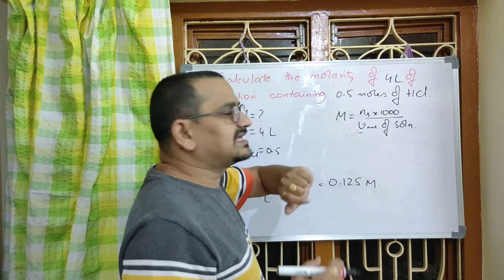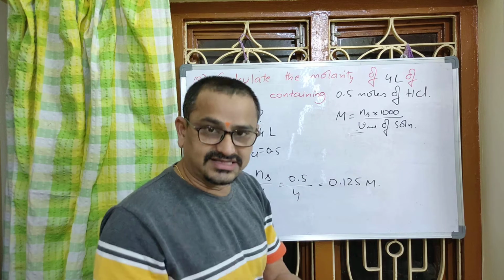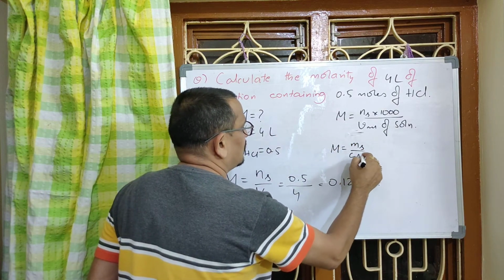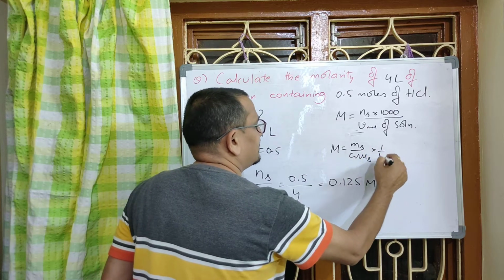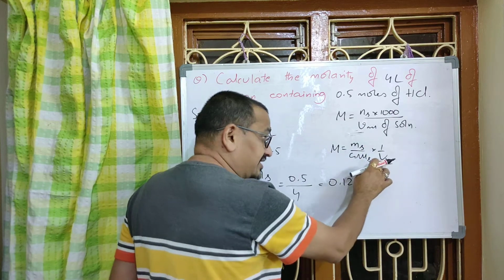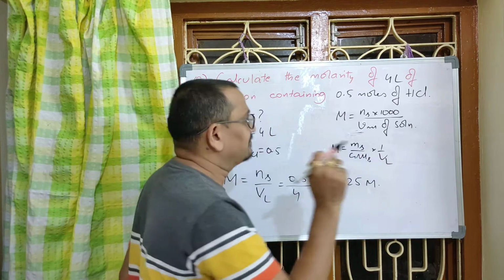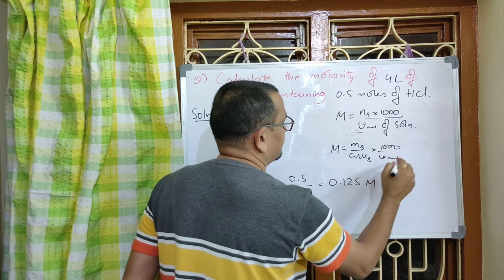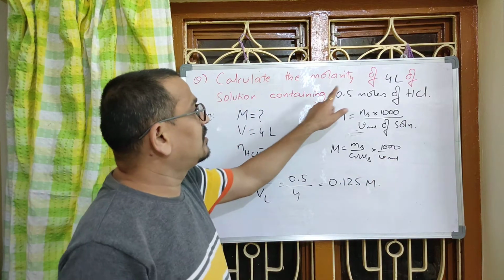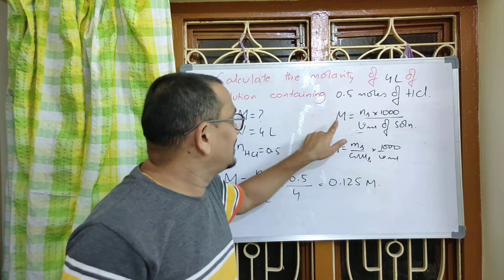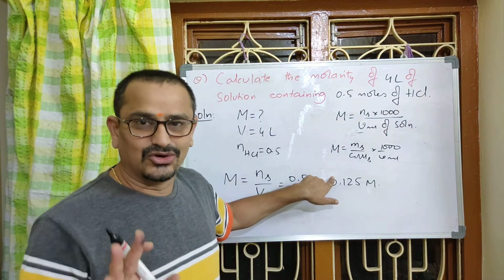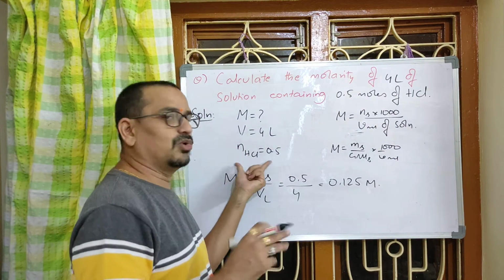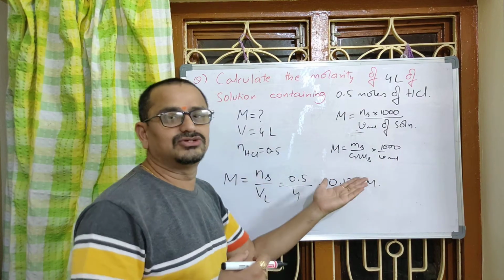Suppose when moles are given, instead of moles they had given mass. Then molarity equals mass of solute by gram molecular mass of solute into 1 by volume of solution in liters when volume is given in liters. If volume is given in milliliters, you have to express V ml of solution. So depending on the data given in the question, we have to choose the formula. You got it? Read the question properly. What is the data given? Milliliters or liters? Moles or mass? Depending on that, we have to choose the formula.